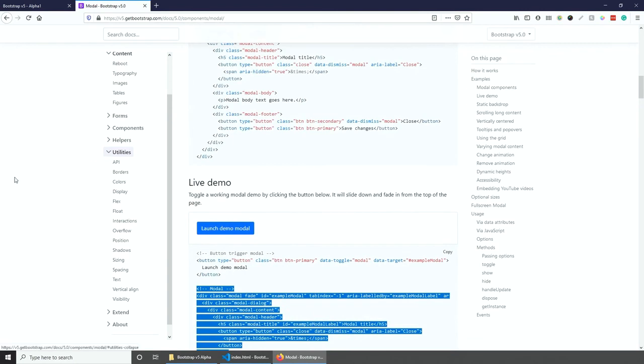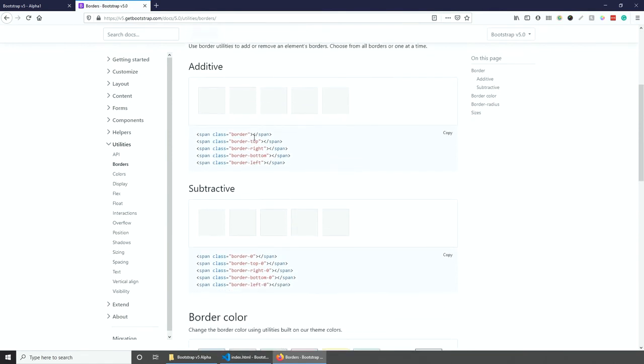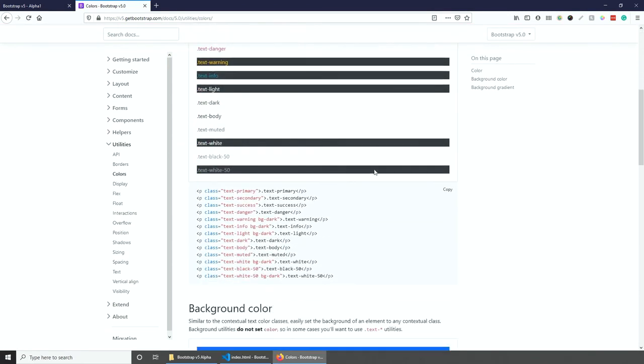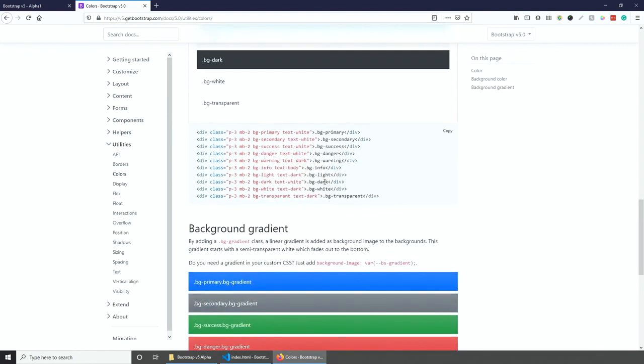Another thing that you might want to have a look at is the utilities. For example, borders is pretty cool. You can add borders by doing border top, border right, bottom, and so on. You can have a look at some of the colors here and so on. So that's everything from this